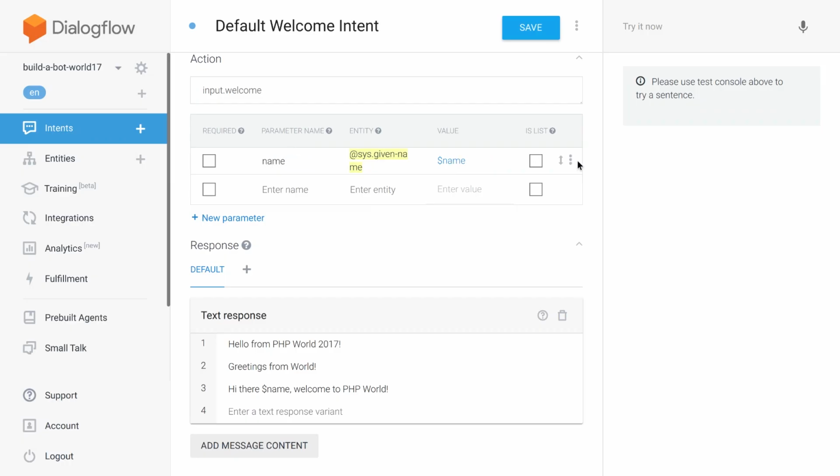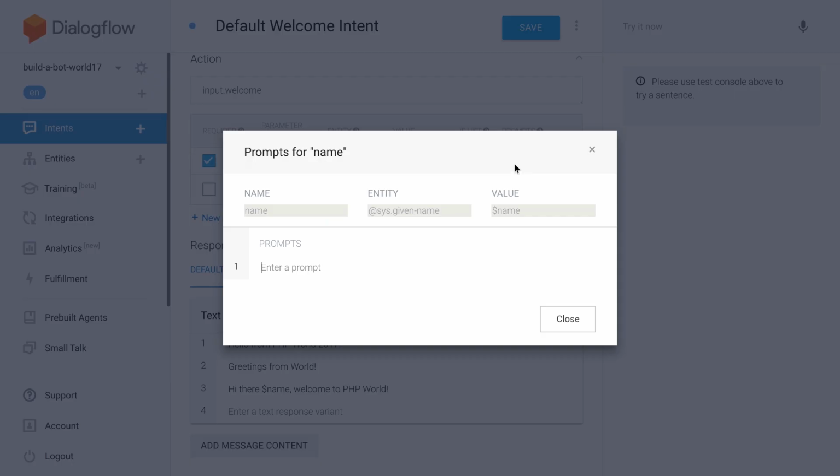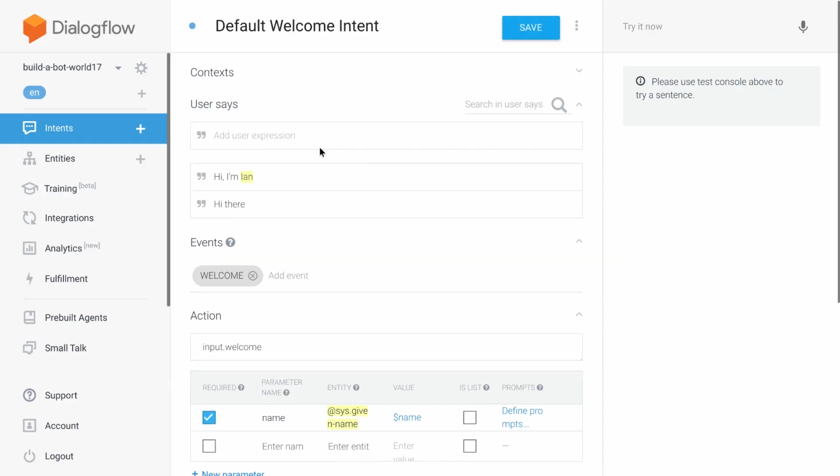Value changes. We can tell it to require it, at which point it says, okay, how do you want me to prompt if the user did not provide an utterance that includes that name parameter? In this user says piece right here,